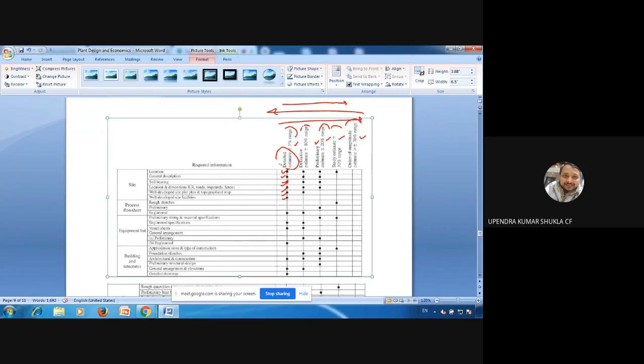Definitive estimate, see, has one less parameter, and in preliminary, there are 5 considerations here, 3 to 5, here 4, and in the study estimate there is 1, and in the order of magnitude estimate very few. So with respect to site, then process flow sheet. So these